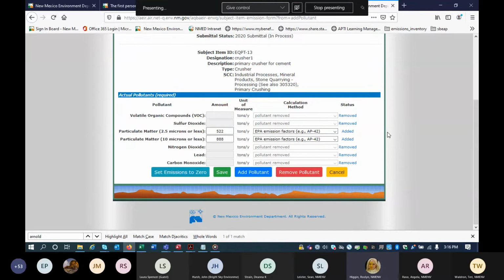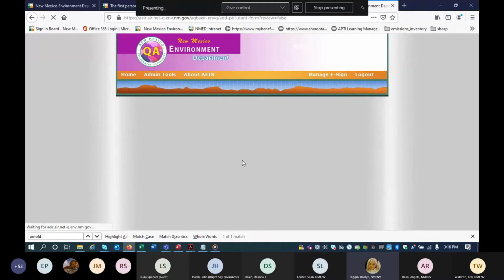It depends on how your permit is set up. If you're talking about an NSR, then I would refer back to the permit. If it's an NOI and you have benzene and formaldehyde, then do that. But total HAPs, see if total HAPs comes up. I know we just changed some of the pollutant codes.